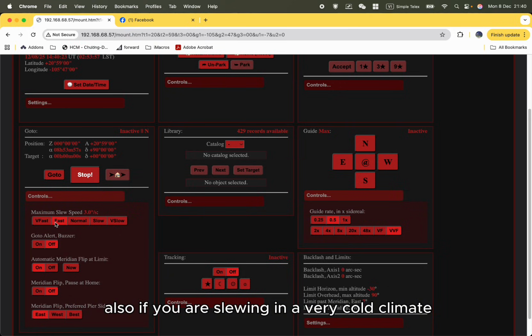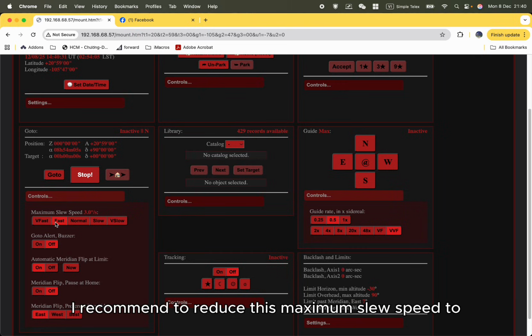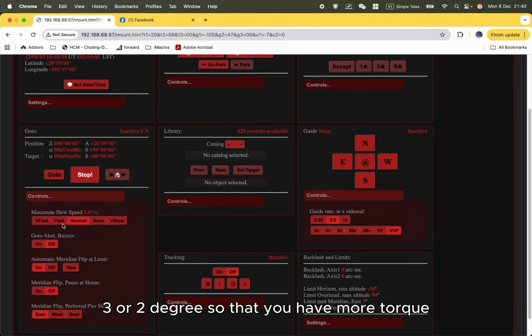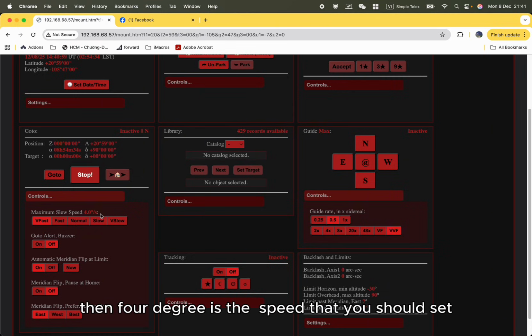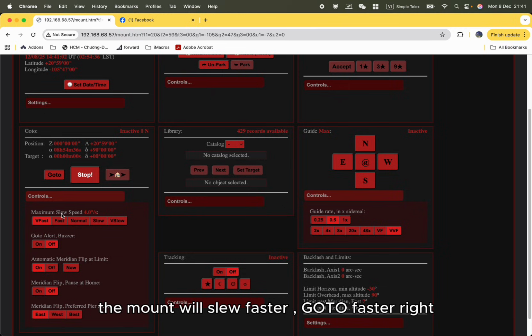Also, if you are slewing in a very cold climate, operating in sub-zero temperatures, I recommend reducing the maximum slew speed to 3 or 2 degrees so that you have more torque and you can compensate for the drop in gearbox efficiency, right? Because of the colder climate. But for room temperature, above 0 Celsius, then 4 degrees is the speed that you should set. The mount will slew faster, go to faster, right? You have the